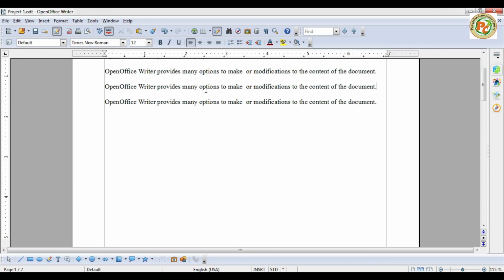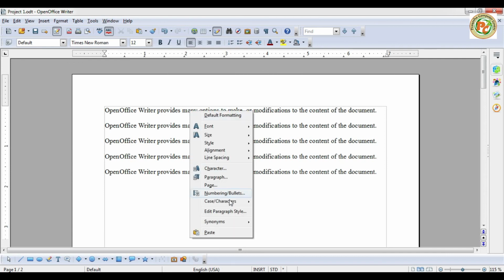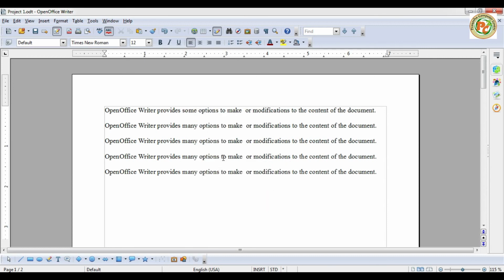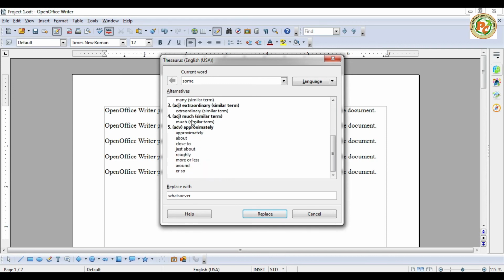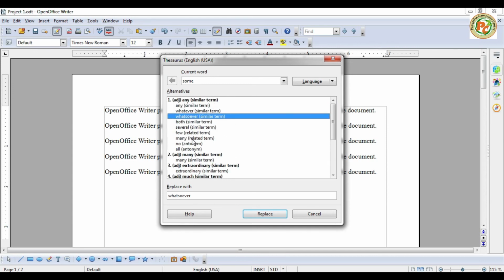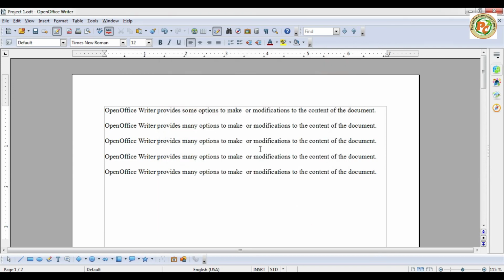And the last thing, if you want to use the thesaurus, like if you want to see the synonyms of a word, right click on it and click on Synonyms, and you will find some different synonyms of that particular word. And if you want to use the thesaurus, go to Tools and click on Language, and from Language click on the Thesaurus option, which means whatever word you have selected, it will find the thesaurus for that particular word. Okay, so this way we can edit the entire document.